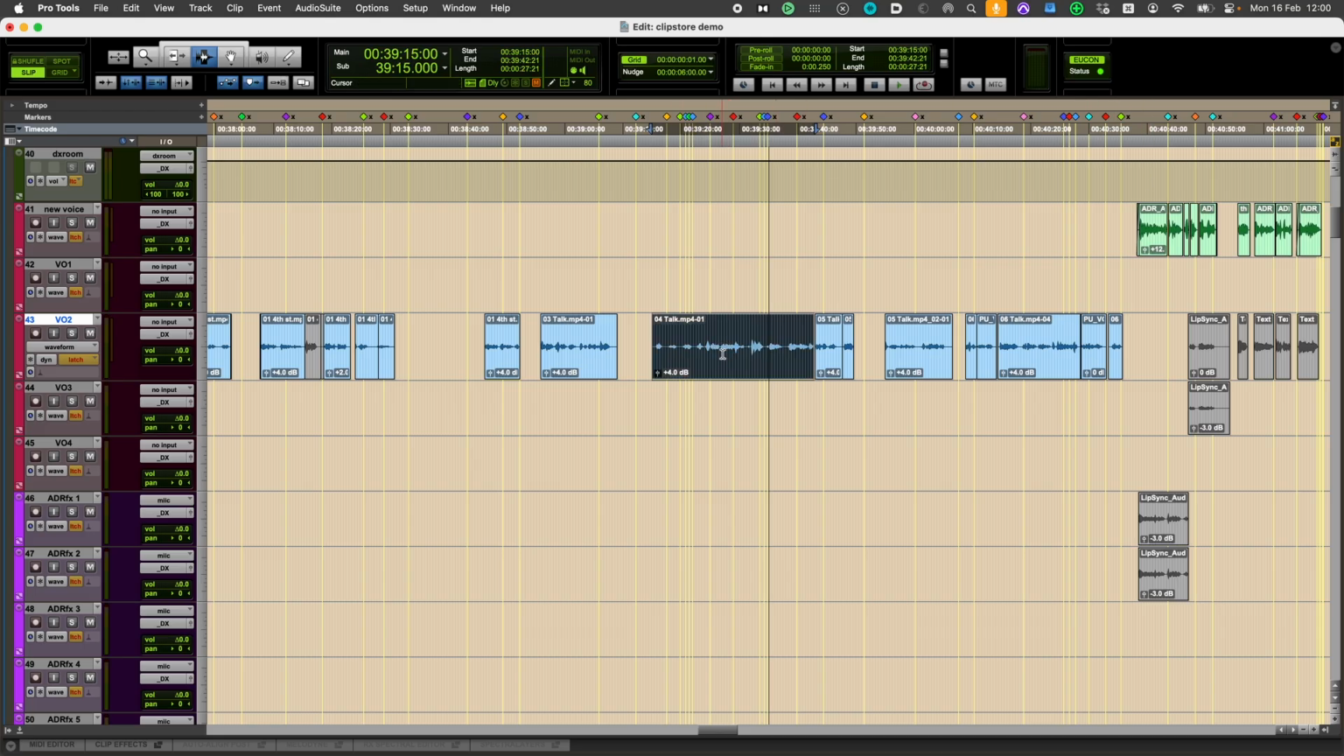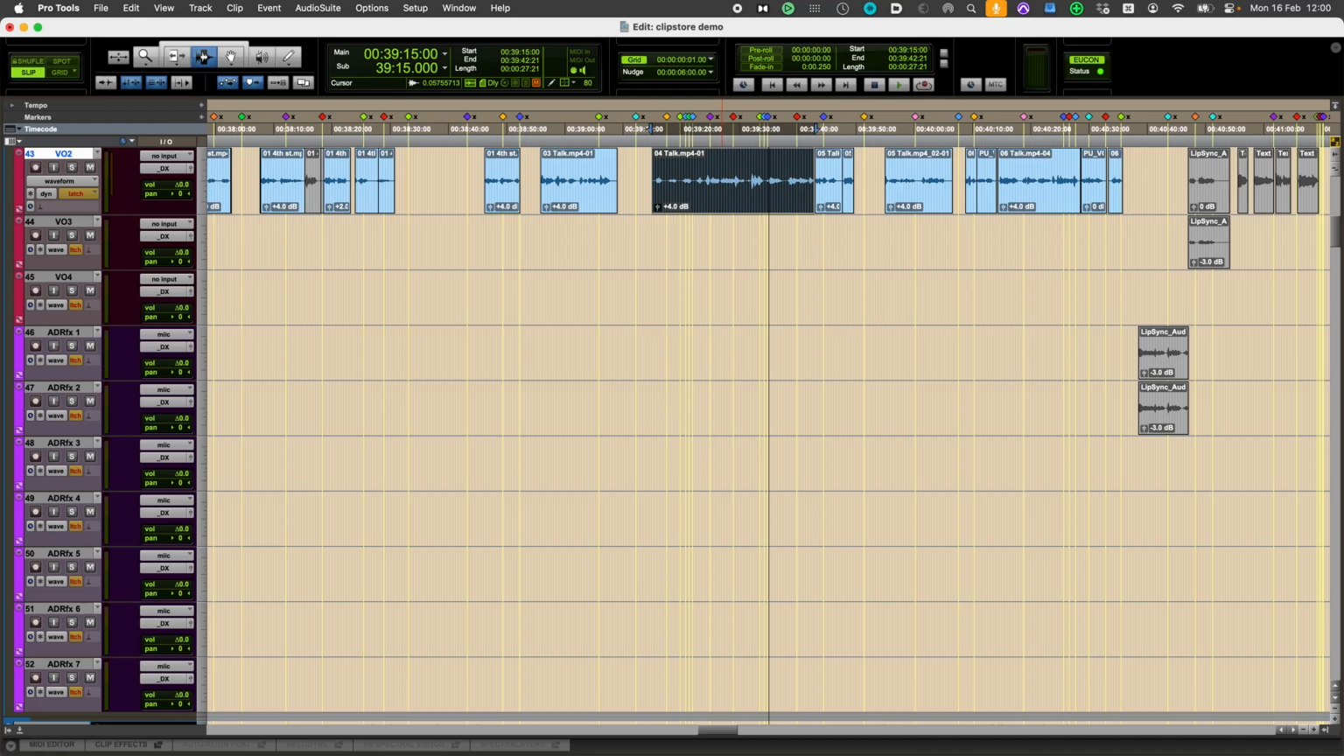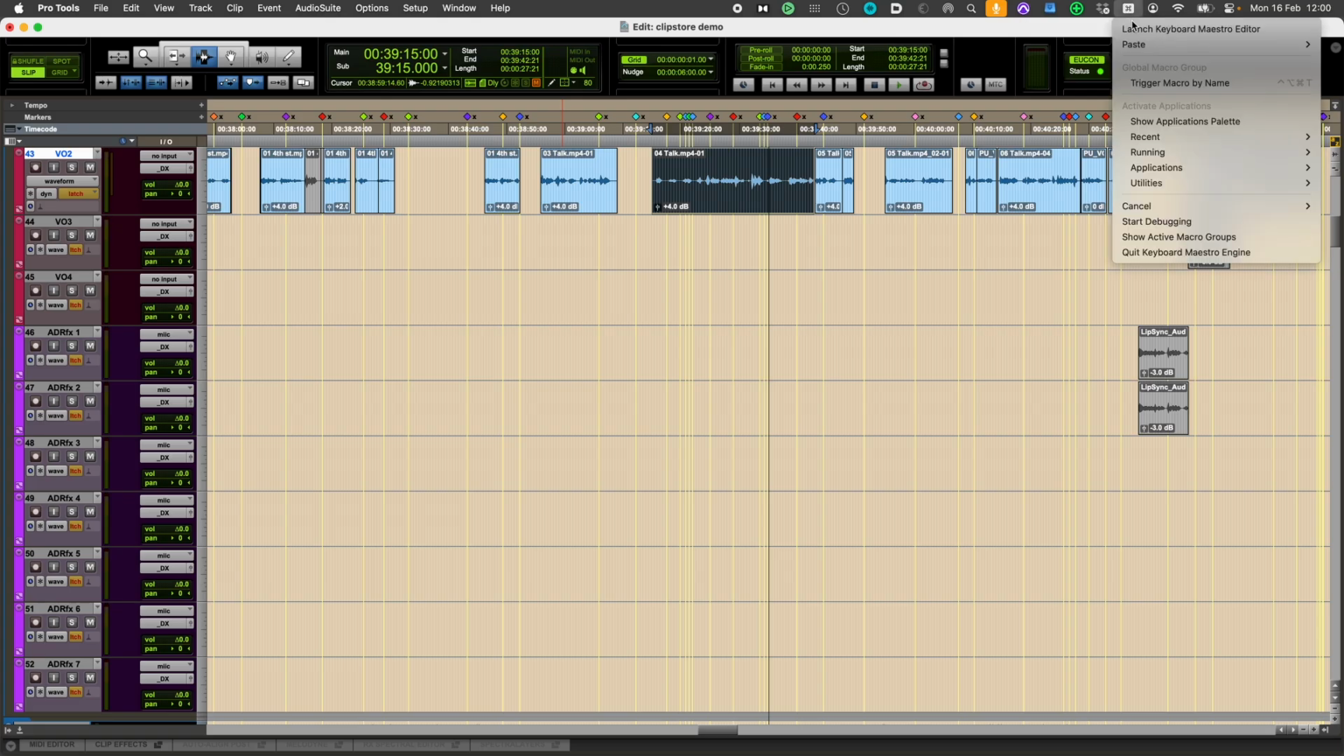So, Clipstore, as we've seen, I trigger it. It goes and stores a clip on some tracks, and that's one run of the macro. Okay, so if we open up Keyboard Maestro editor,